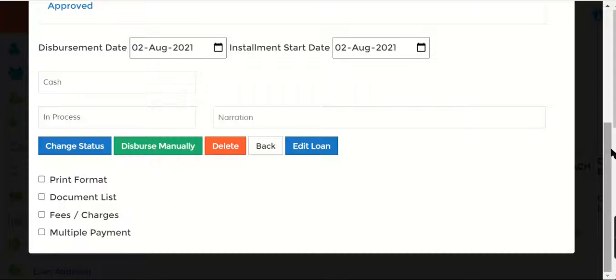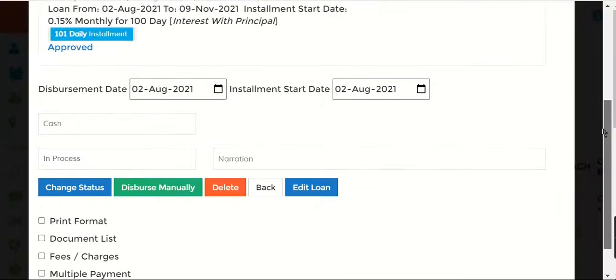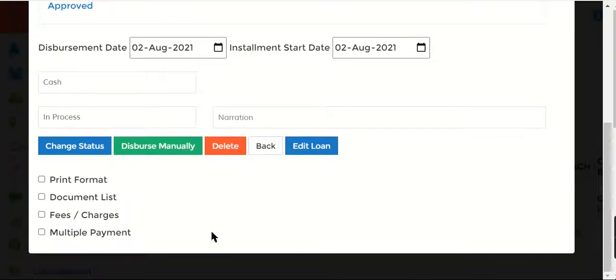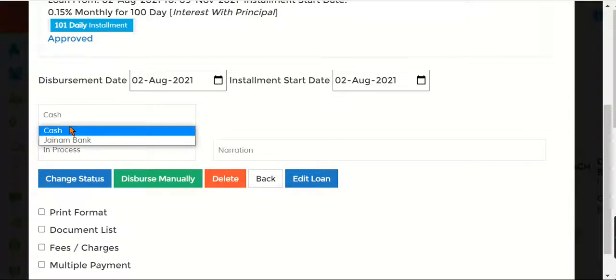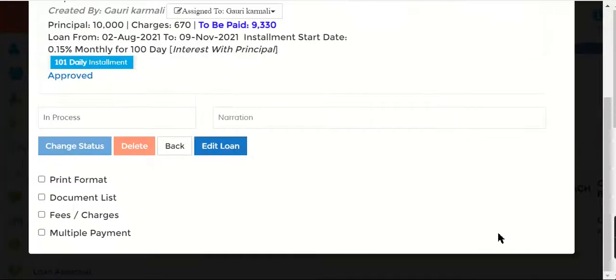The second feature is, say after it has been approved, say you want to edit the loan. Okay, so you can edit the loan as well from edit loan. So now let me just disburse this. You can disburse it by cash or bank. We have an auto disburse payout feature as well, which automatically disburses funds from the financer's bank to the customer's bank. But since we don't have the third party integrated here, I'm just showing you disburse manually. So I'm going to disburse this manually.